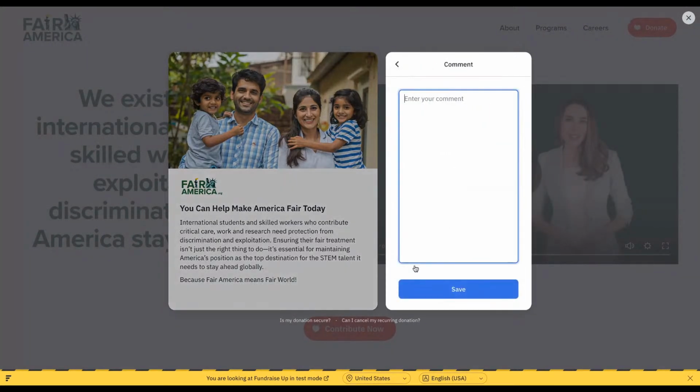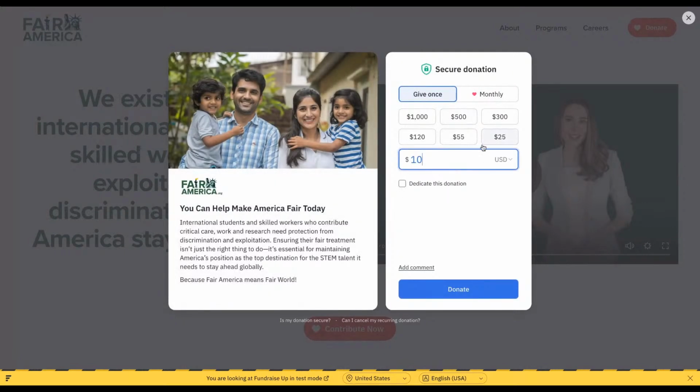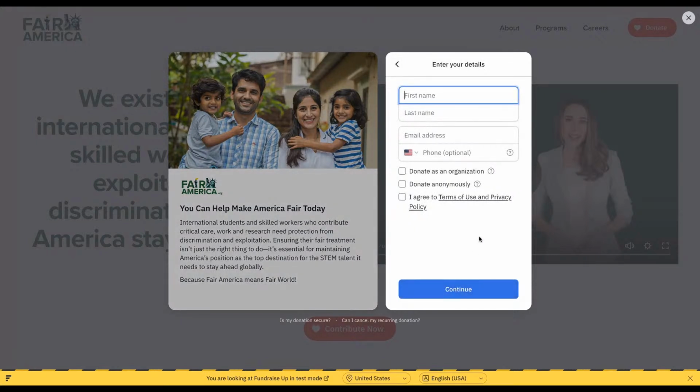Also, if you want to add any comments while making a donation, a lot of people want to add a comment like thank you or something like that, you should be able to add the comments. But both of these things are optional. Then you click on donate monthly. Here you would enter your first name. I'm just going to enter some random name. I'm not sure how I came up with this name.